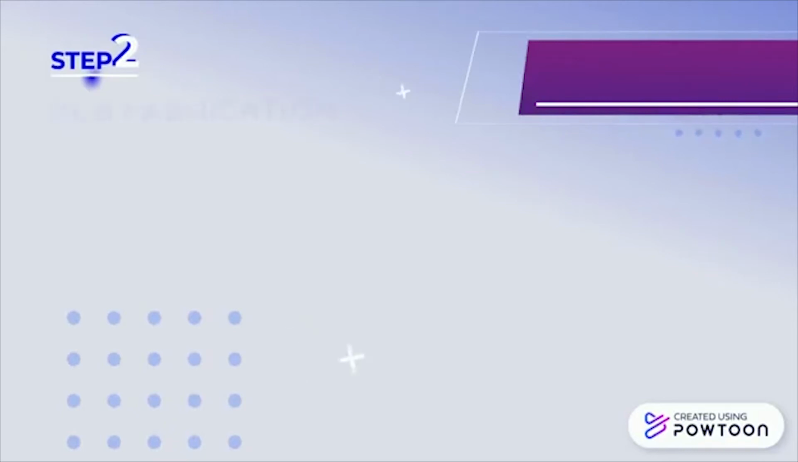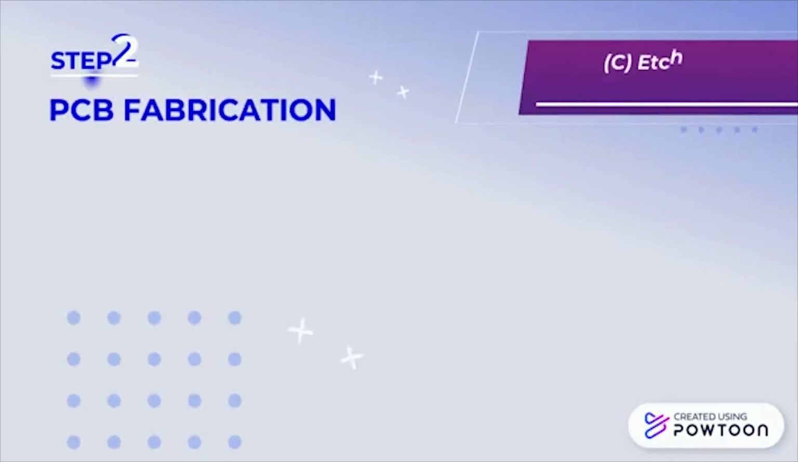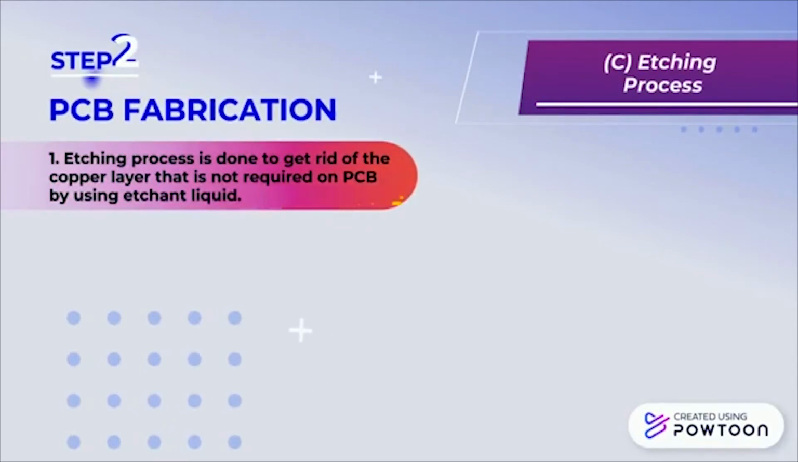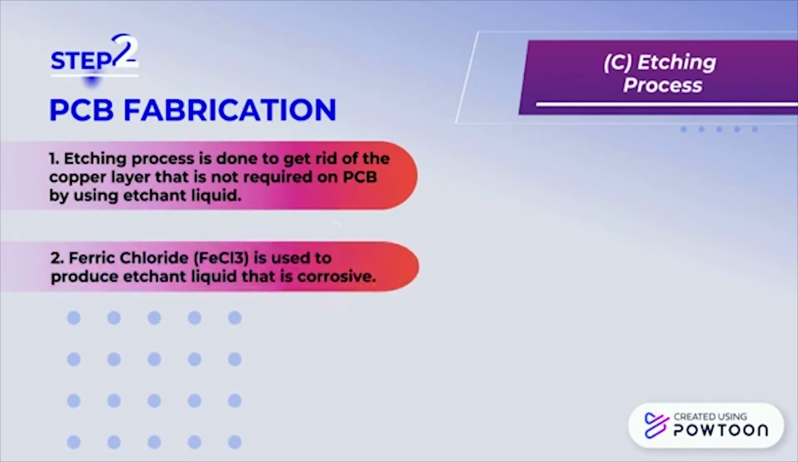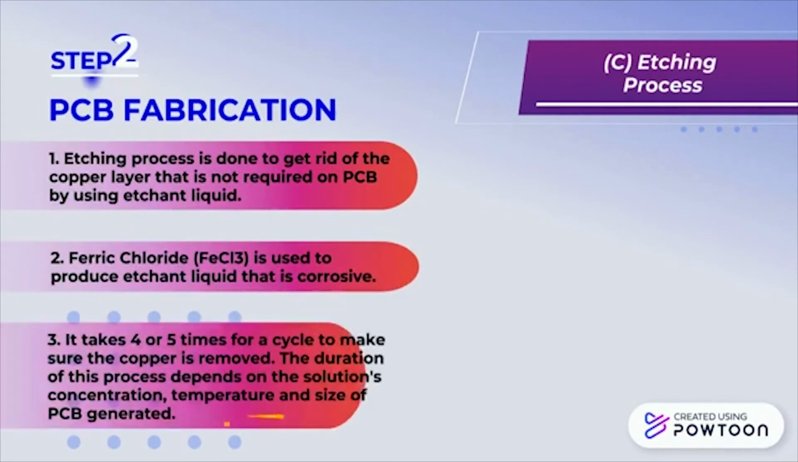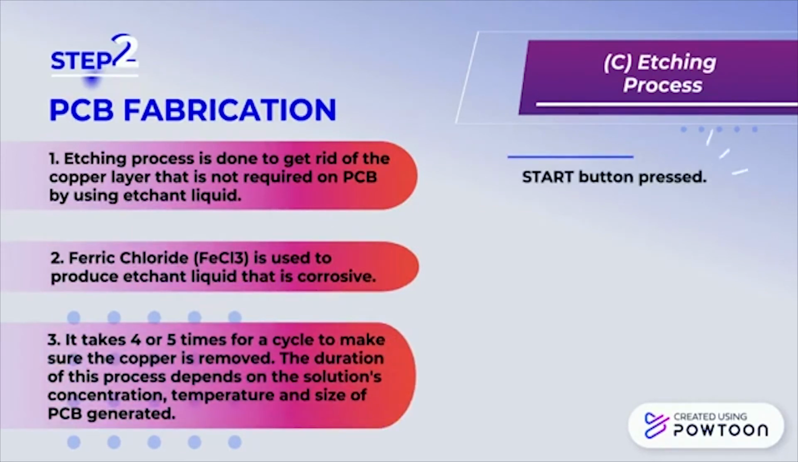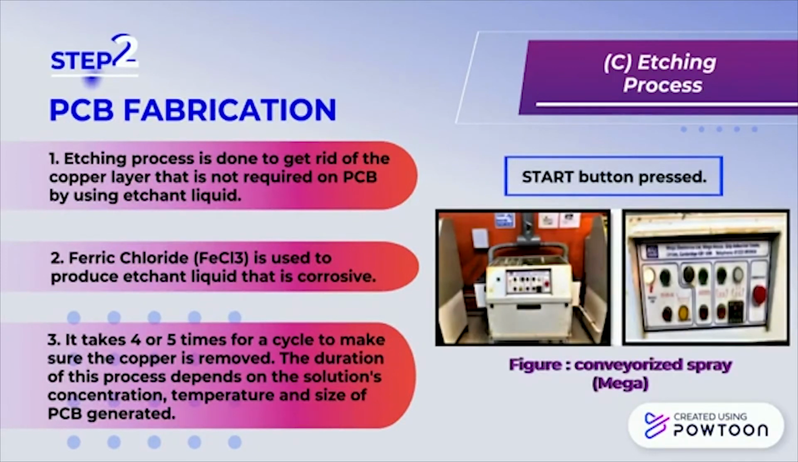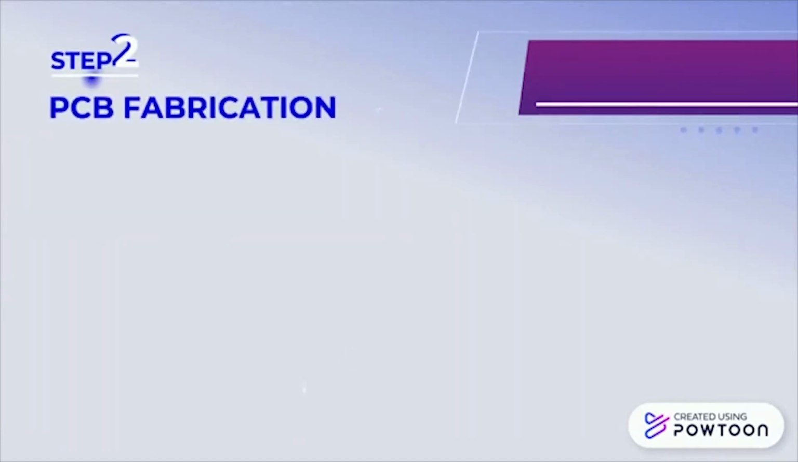Step 2 of PCB fabrication, etching process. Etching process is to get rid of the copper layer that is not required on the PCB. Ferric chloride is used to produce the etching liquid. It takes 4 to 5 times for a cycle to make sure the copper is removed. The next step is